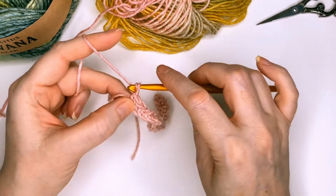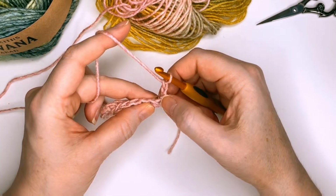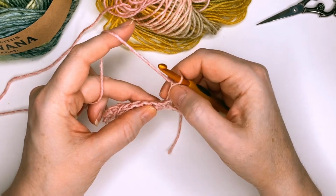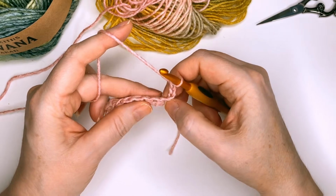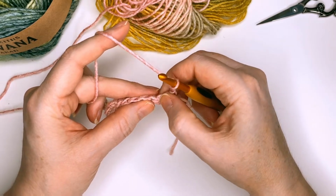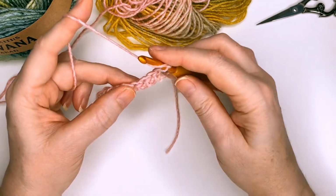And then I'm going to chain 3 and turn. So we're going to skip a stitch. So this stitch here, which is attached to the chain 3, this counts as the stitch for the chain 3, which counts as a double crochet. So we're going to skip the next stitch, and in the following stitch we're going to do a double crochet